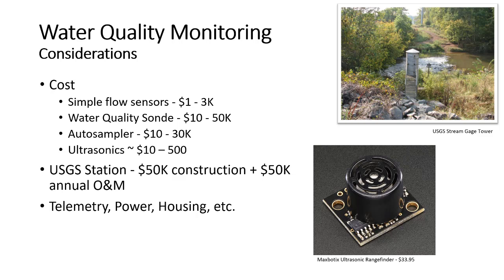And you have all this stuff like telemetry, which is the communication system. You've got to get the power going. You've got to build the housing. Most of these, like this one right here, a USGS gauge up in Northern Virginia, have a tower built around it. It's really just a corrugated metal pipe, but they had to get contractors out there to dig the hole and put the foundation in it. They had to build a little bridge to get to it. So it's man time, plus intangible things like concrete and wood and various things that come up. This one in Roanoke, they had to,